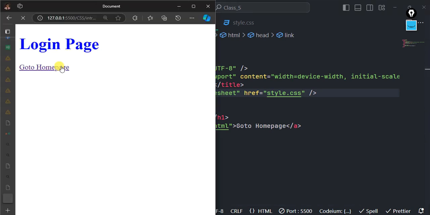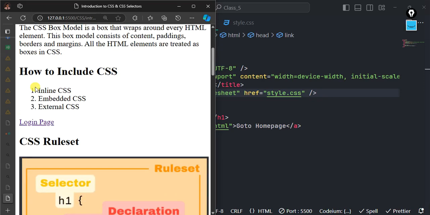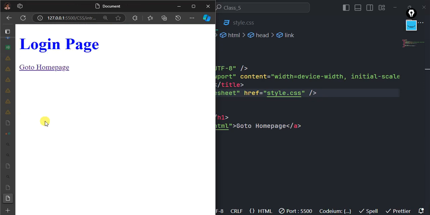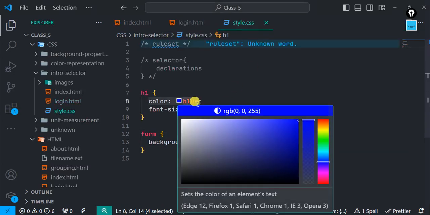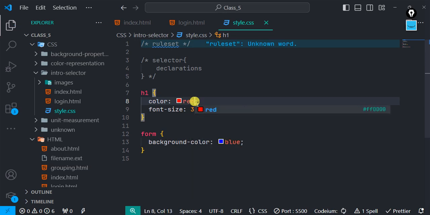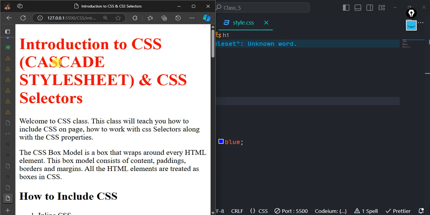If you go back, you see that that's the same H1 this one is using. If you go back again, if you go back to that page, you see that it's still the same thing. And if I make any changes to this CSS, it will happen to the two of them at once. For example, here, change the color from this blue to red like this. Go back to the page, you see that it's showing red here. And if you go back to the home page too, it's still the same red because they are sharing the